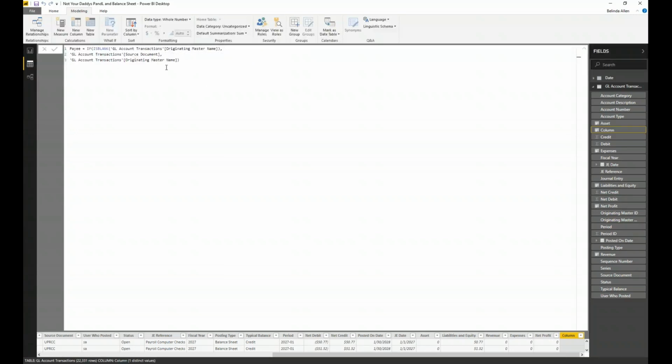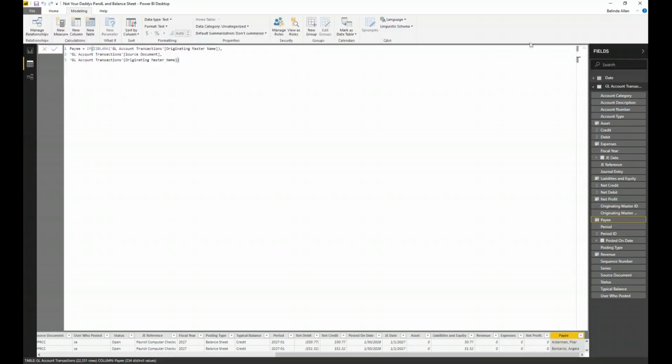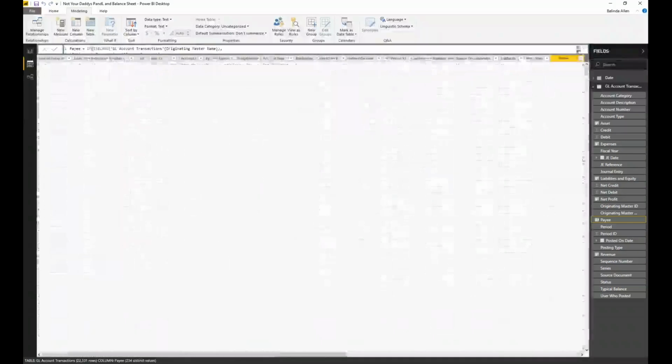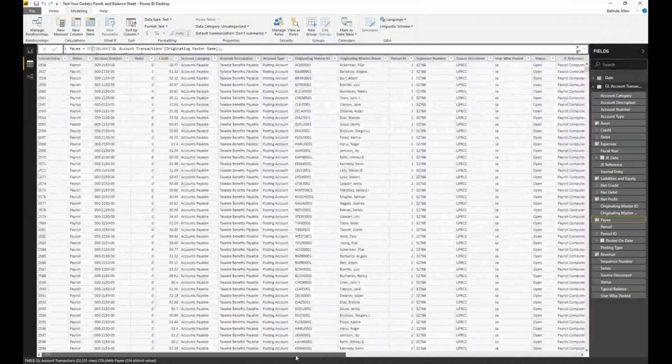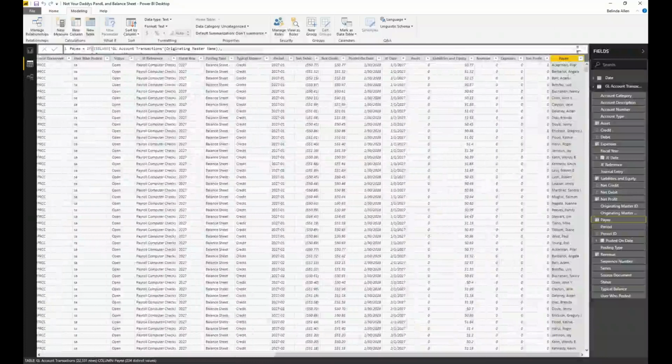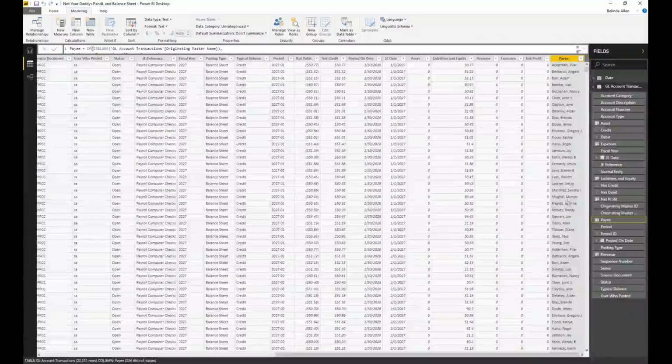Otherwise, put the originating master name. So that way I have this unique field called payee, and I could use it as part of my field. So I have not just the journal entry number, but if I use the payee field, it's not going to be blank for general ledger entries. It's going to actually put the source document. So it would show GJ, for example. So I could take advantage of using some of those.